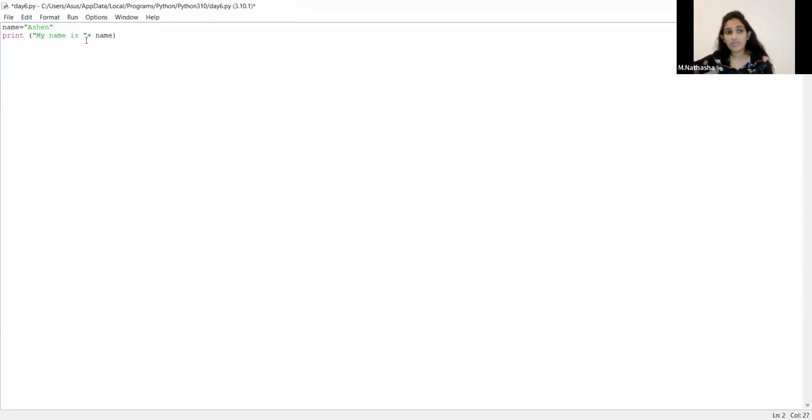Here we are using the plus sign because from the first line we created a name variable and we are assigning a value called Ashain, and now we are commanding the computer to print the name by getting the value from the variable. Here we are not giving the name, we are just taking it from the variable.